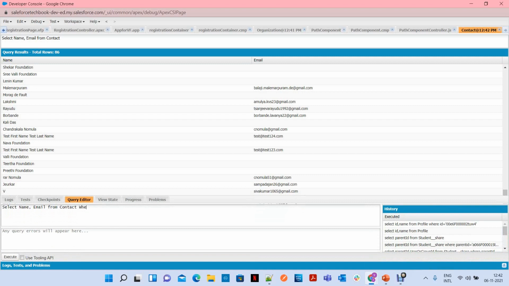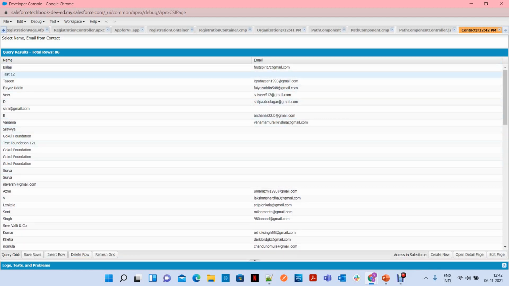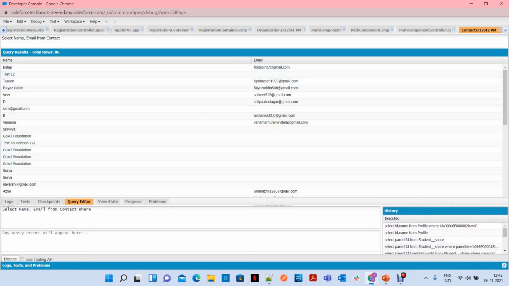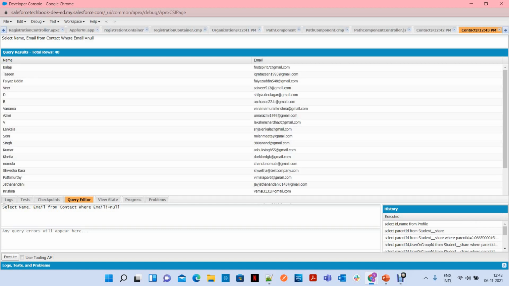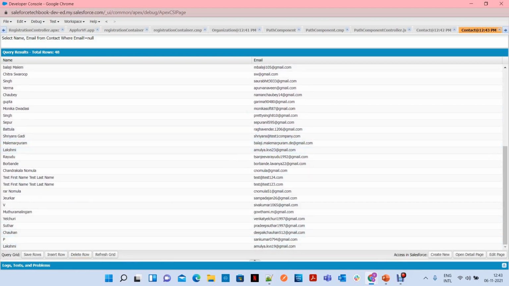So I want to have a WHERE condition. Now if you see, a lot of nulls are there. That means a lot of contacts are there without emails, right? So I want to get the contact records which contain an email address, like email not equals null. That means it returns the results of contact records which have an email address.